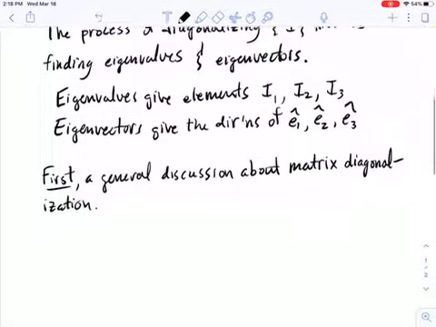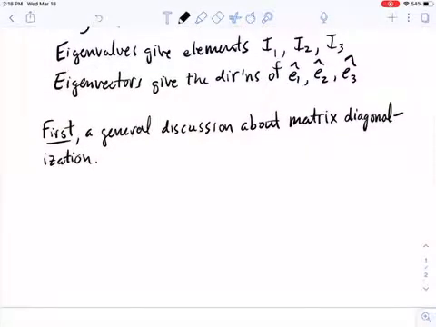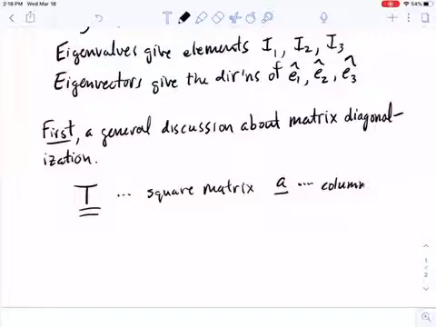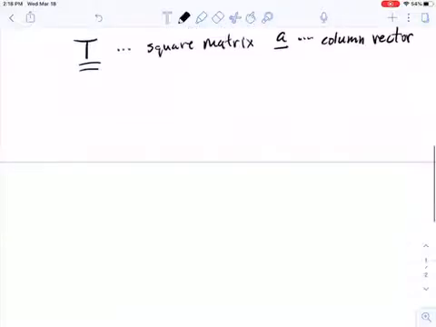Okay, so the notation that I'm going to use is I'm going to use a double underline for a square matrix. So this is a square matrix. And I'll use a single underline for a column vector. Okay, so for a square matrix T,